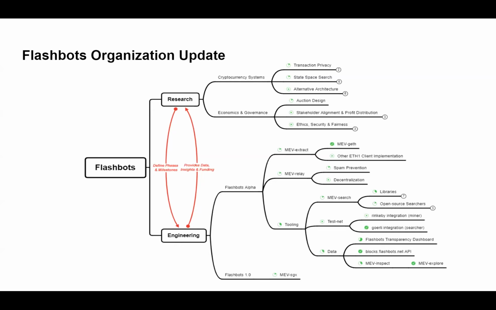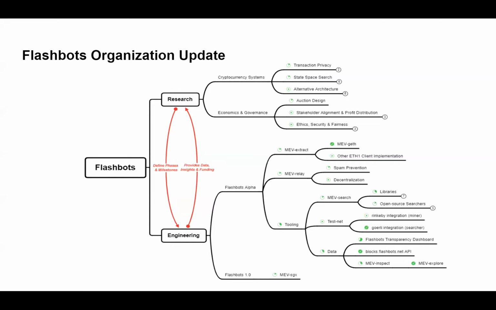In the Flashbots engineering effort, most of the focus has been on what we call Flashbots Alpha, which has been live since January, and is composed of the MEV-geth implementation plus the MEV relay. However, in addition, thanks to a very vibrant community, we have also been building up our tooling for ecosystem participants to utilize, and to provide a continually improved UX on Flashbots Alpha.